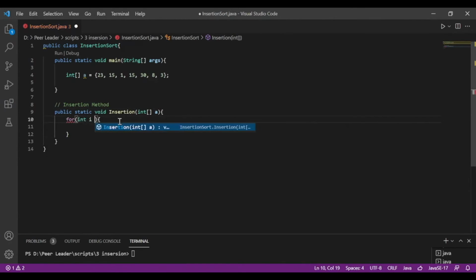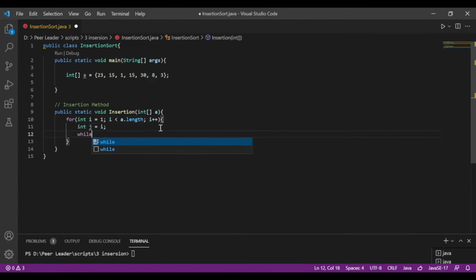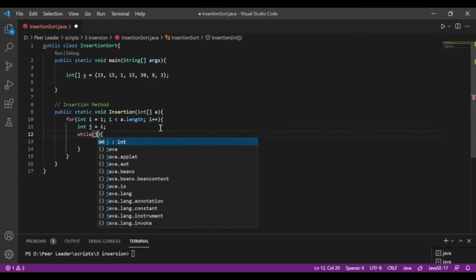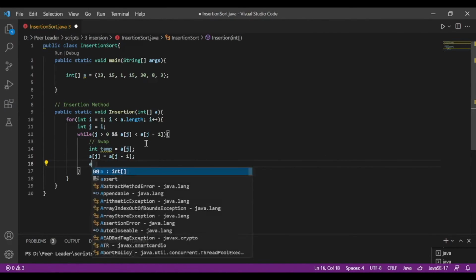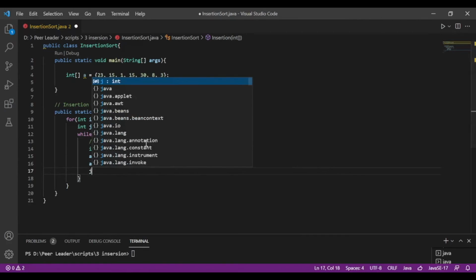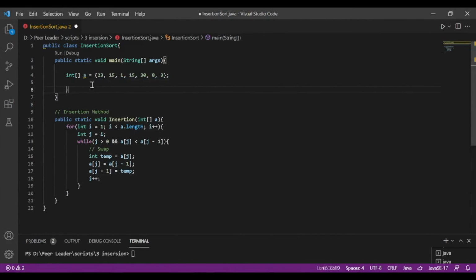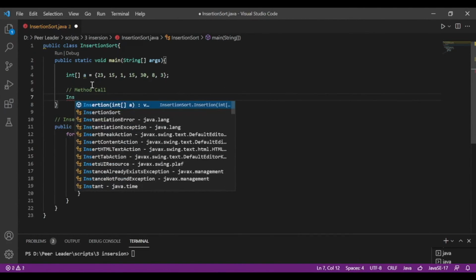Now I'm going to create the for loop. Remember that I is initialized to 1. I will initialize j to I, and now create the while loop. Inside of the while loop, I will have 2 Boolean expressions. J must be greater than 0, and a at j must be less than a at j minus 1. If both of these things are true, we will create the swap. This means we will create a temp variable. After that is done, we need to de-increment j, and now call the method from the main, pass the array